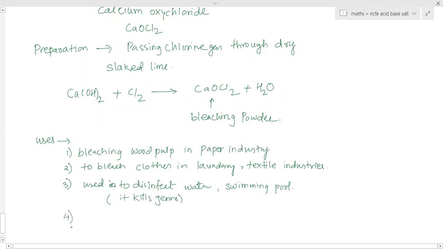And the fourth, one more very important property it possesses is that it has oxygen. When it combines with oxygen, everything gets decomposed, so substances move separate from each other and then oxygen also gets separated. That means it is a source of oxygen also. Hence it works as an oxidizing agent, a strong oxidizing agent, because it easily gives out oxygen gas.